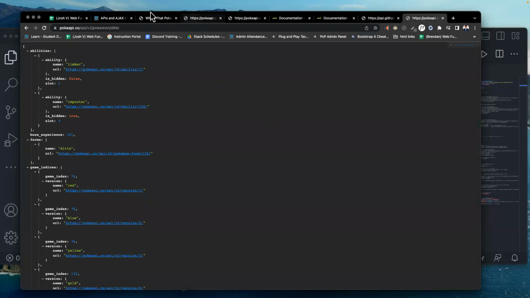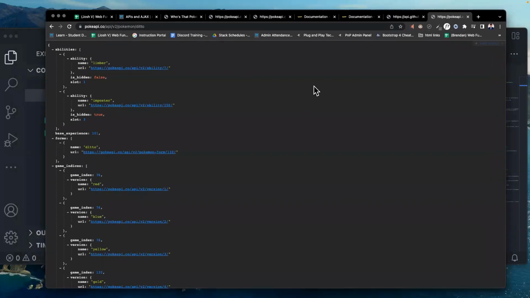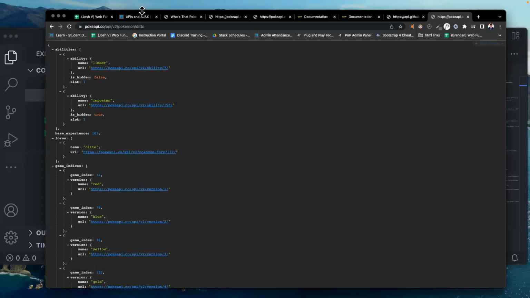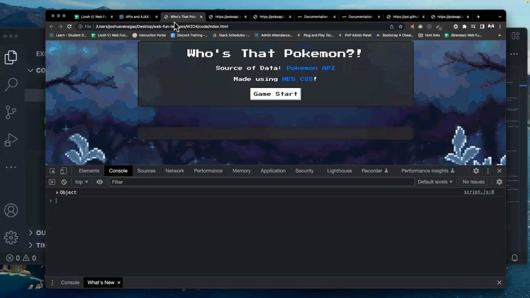Now in my console log, I'm able to see the data that I pulled from this website just through writing it like this: var res equals await fetch, and then this API call, then this var Pokemon equals await, converted to JSON. So now when we console log Poke data, we are console logging a JavaScript object, right? Because that's what JSON stands for, JavaScript Object Notation. So let's take a look at that object. Let's open it up